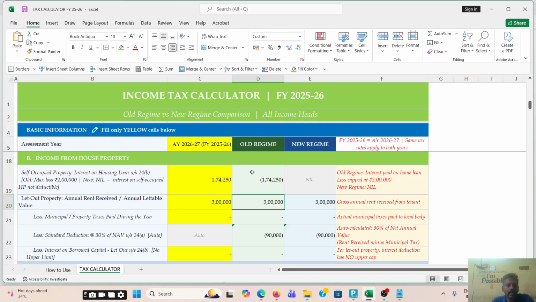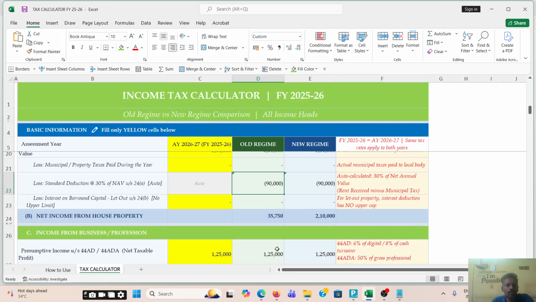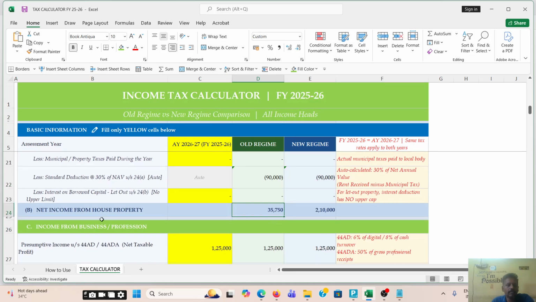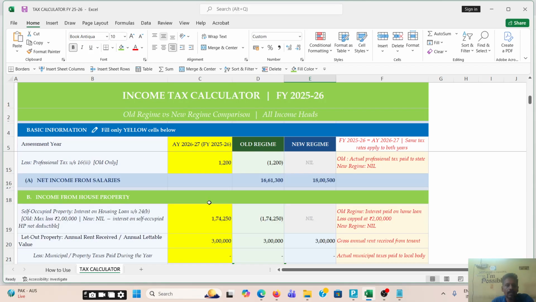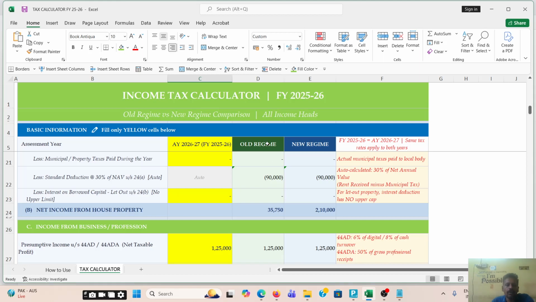After deducting the housing loan interest and standard deduction, it is showing 35,750 as your income from house property. But as per the new tax regime, only the standard deduction is deducted, so the balance income is showing as your income from house property. So as per the values you enter, it will pick up for the old tax regime and new tax regime automatically.